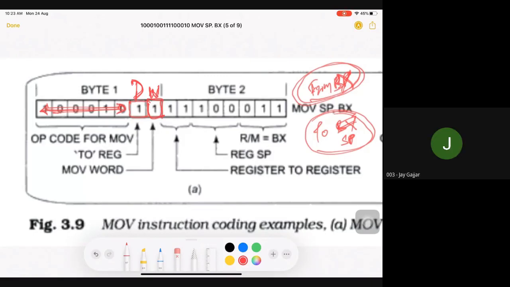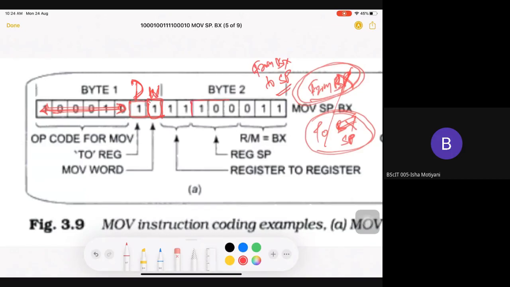Next. Sir, I did not understand the D part. D is direction, right? So if I read this instruction again, move SP, BX, it copies data from BX to SP. Now I am considering the SP register as my main register for now. So in that case, which are my 3 bits?